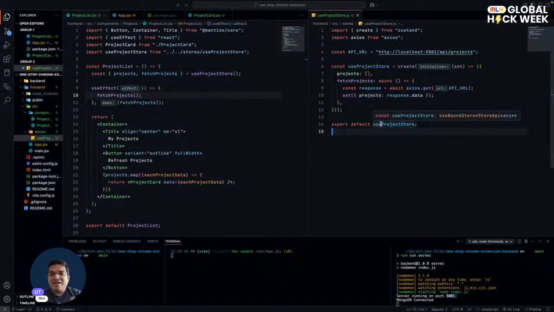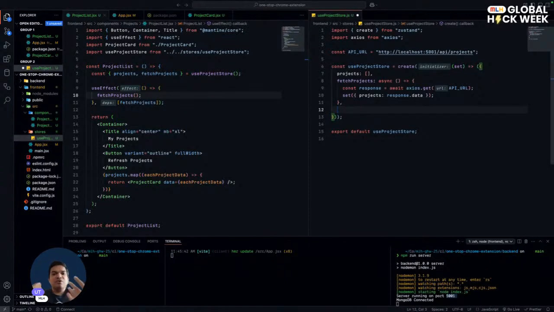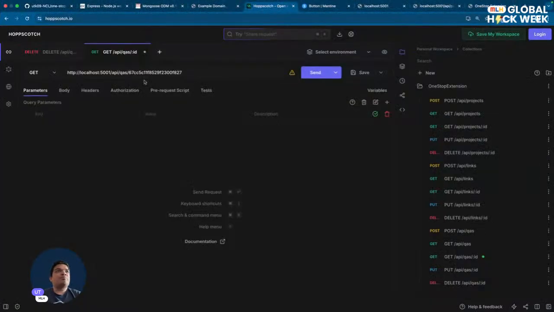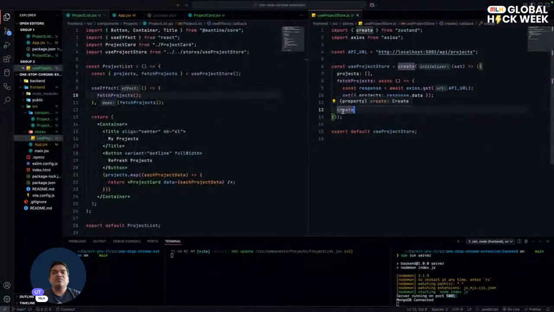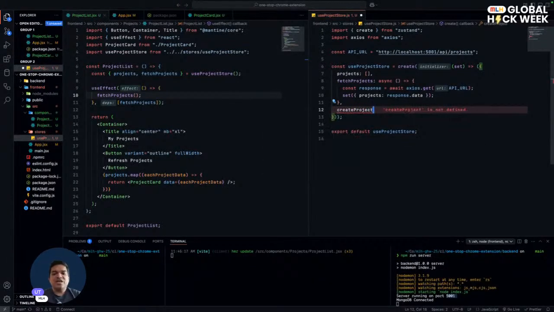And we can add a few more things in our store. So we have added fetching the data. At one point, we'll want to create data, right? You remember the post method? This is our create project, basically. So we want to do that in Zustand as well. So we create a variable for that. So createProject, async, projects,